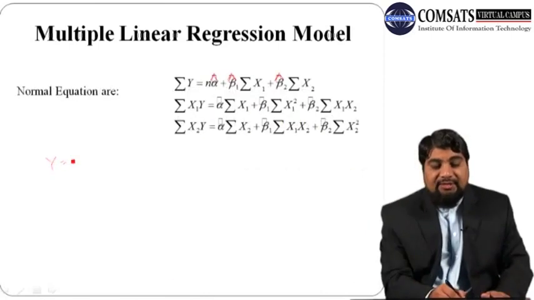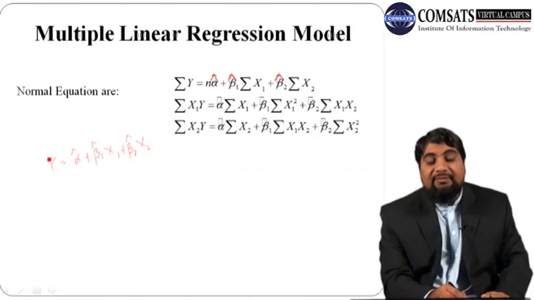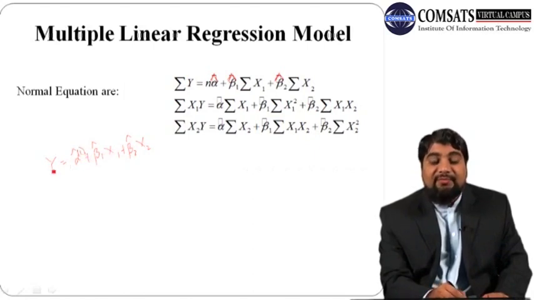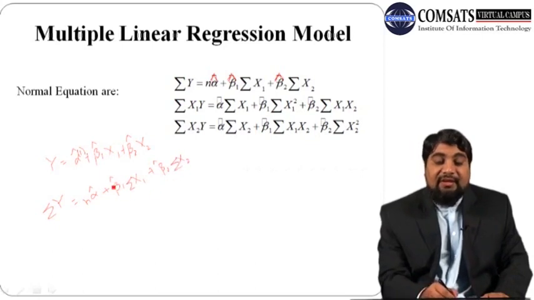So consider this model: y is equal to alpha plus beta 1 x1 plus beta 2 x2 plus u. I'm just estimating using the estimated values, and I'm not using hat on this y. Just multiply this full equation by the first regressor, 1. So you will get the same equation plus beta 1 hat x1 plus beta 2 hat x2, and now apply summation. So this is n alpha hat, summation x1, summation x2. Next, multiply this full equation by x1.